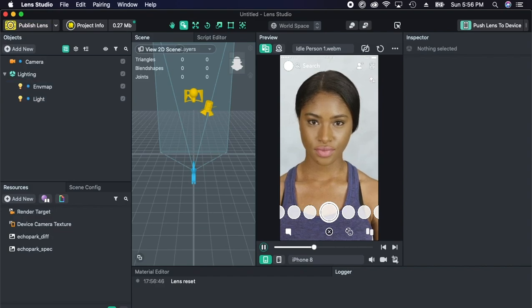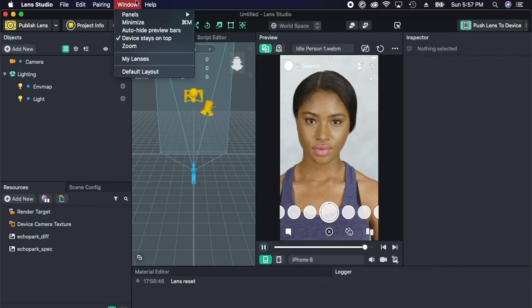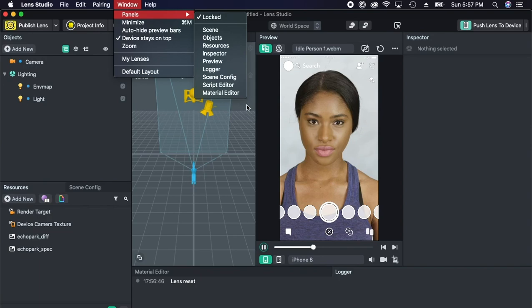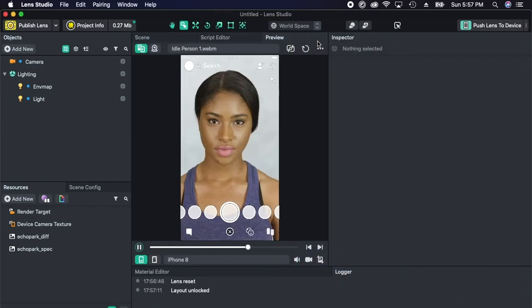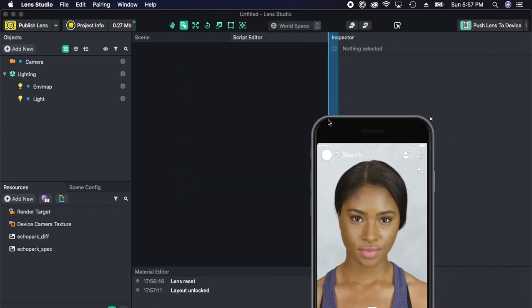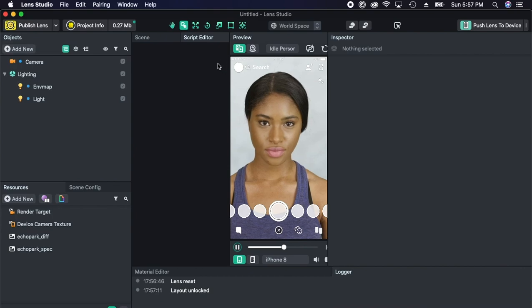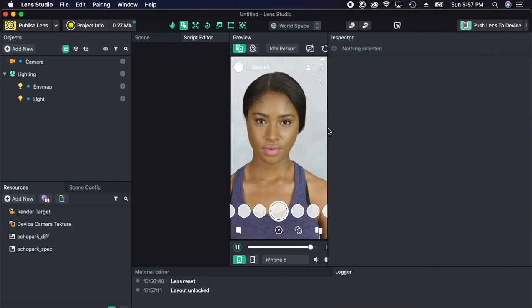Once you click on this, you will be opening up with a window something like this. I've rearranged everything for my convenience, but it will be similar for you. You can adjust it, and you can go to the panels and import whatever panels you want. I had it locked, but I'm unlocking it, and you can move it wherever you want, or change the way you want it to be. I want it in such a way that I can see all the panels.